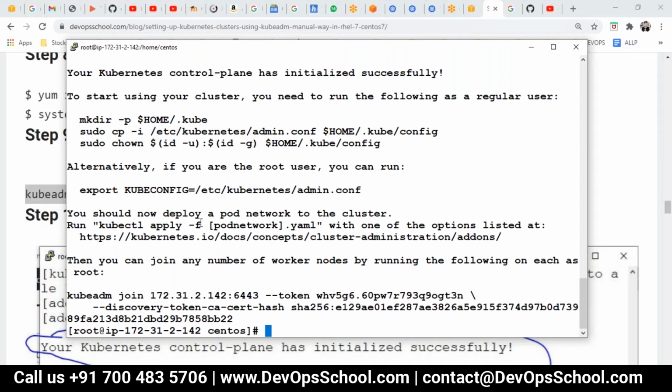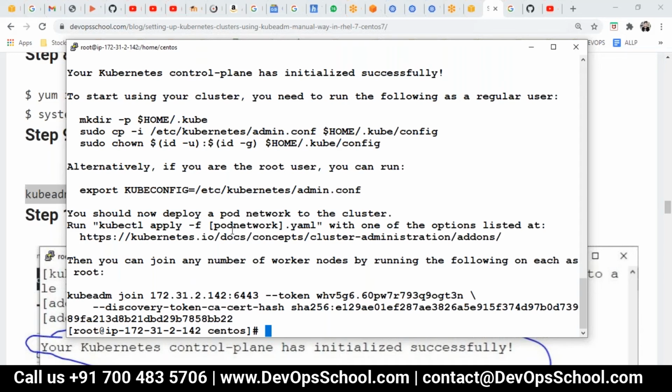There are certain errors you get, and if you search for that error at the devoschool.com blog site, you will get the solutions also. I will show you one URL. In case of any failure, you can run those combinations of commands to clean up your server and reinstall that stuff. So I'll talk about it. Okay.